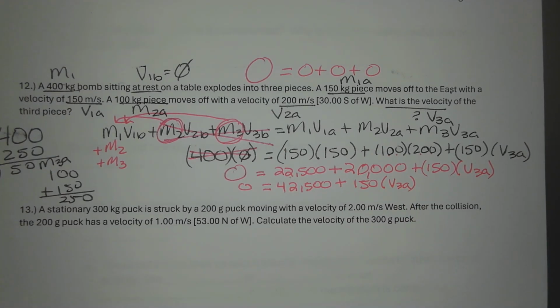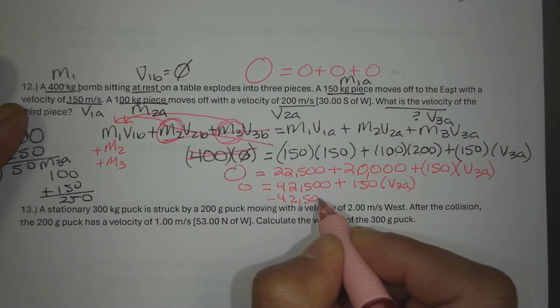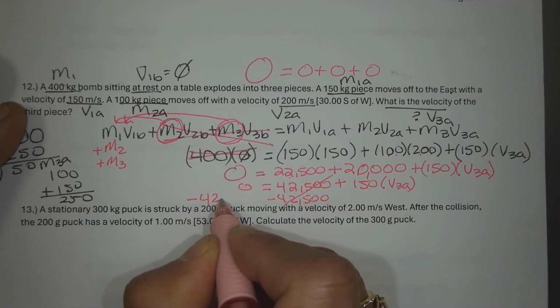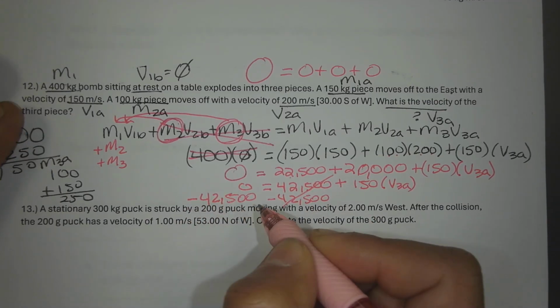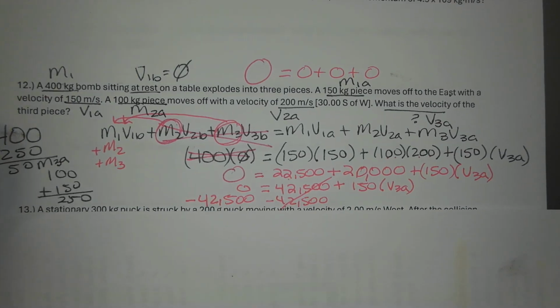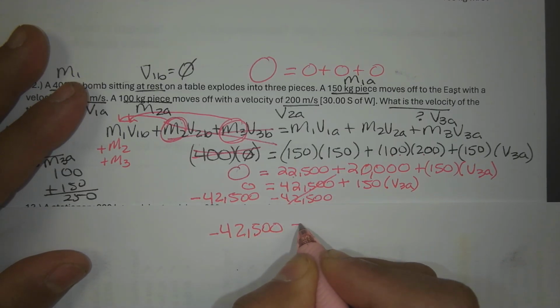Now, yes, for those going into engineering, vectors do take into account. I am not going to take vectors into account. So what do I have over here? 42,500. I need to get rid of it. It's a positive 42,500. Let's subtract it. Negative 42,500. Cancel. Negative 42,500. Now, for this situation, I have negative 42,500 equals